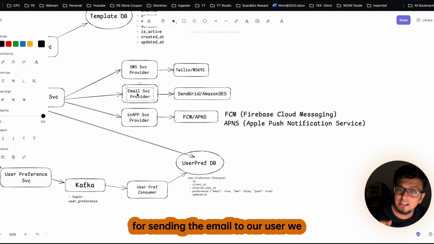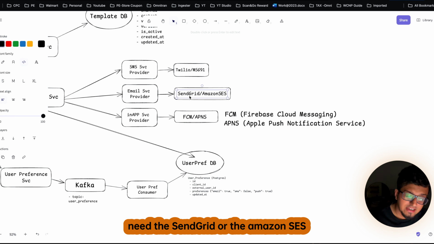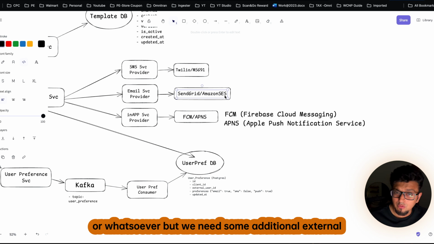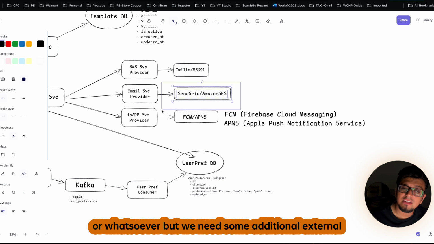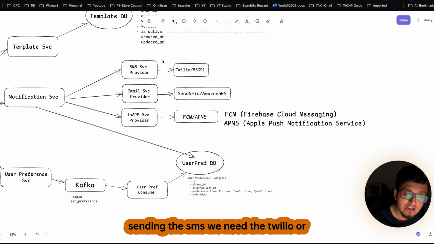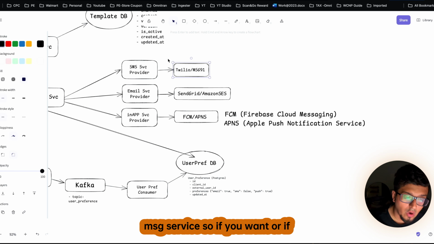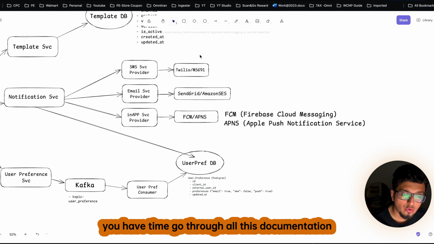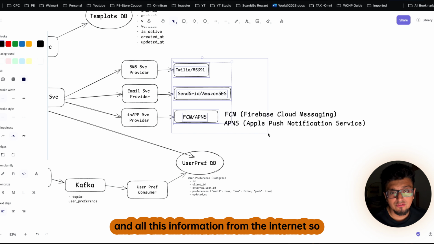Similarly, for sending the email to our user, we need SendGrid or Amazon SES, or it can be the Gmail SMTP provider or whatsoever, but we need some additional external service to do so. Similarly, over here, for sending the SMS, we need the Twilio or MSG service. So if you have time, go through all this documentation and information from the